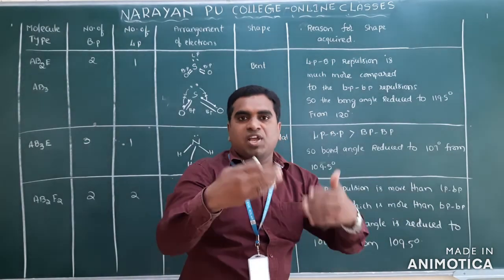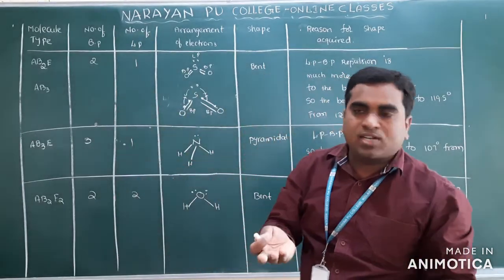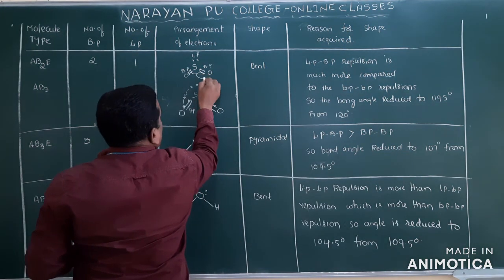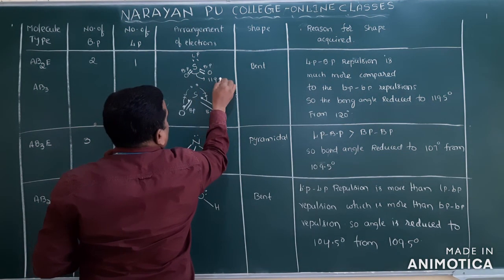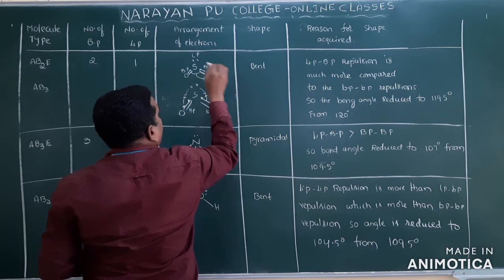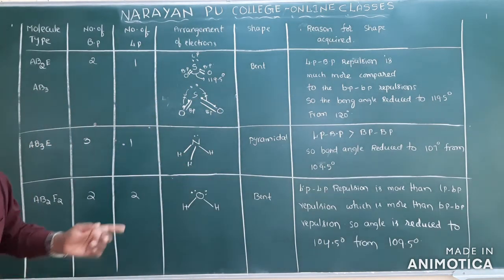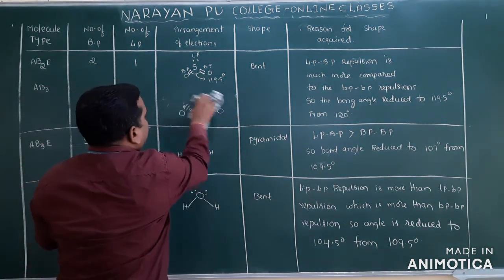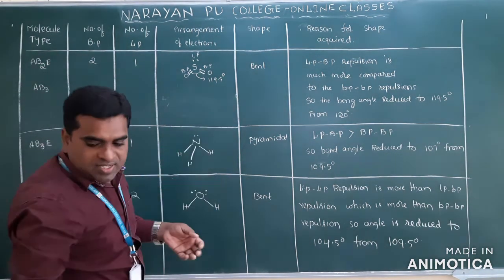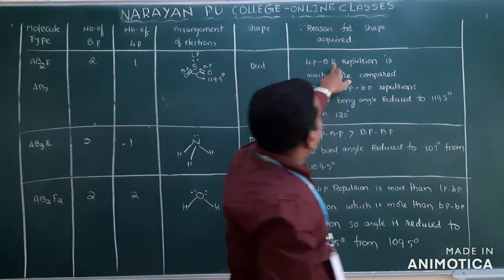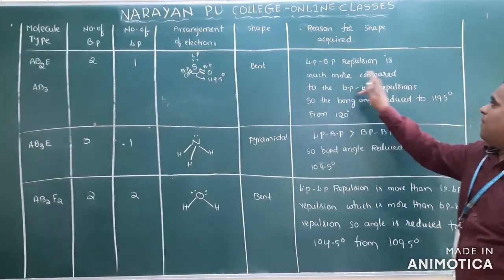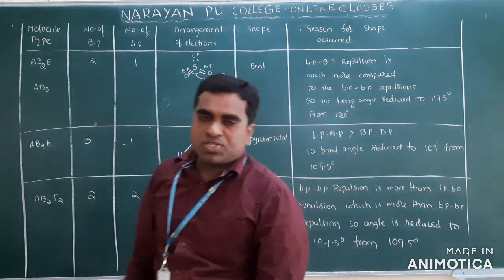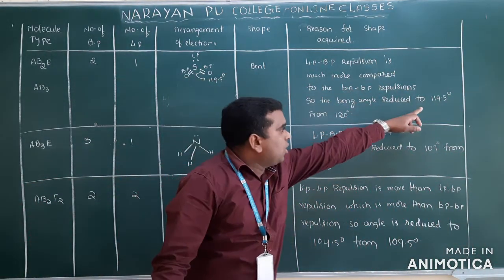119.5 degrees. Actually, regular trigonal planar means the angle should be 120, but here the angle is 119.5 degrees. That is the reason why this molecule acquires the bent shape. Okay, so that is the reason, because lone pair-bond pair repulsions are much greater compared to bond pair repulsions, so the angle is reduced from 120 to